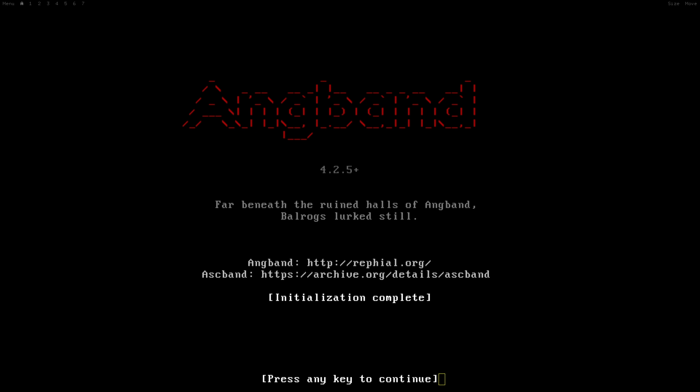Hello, this is Angband. It's the version that I compiled with a few tweaks of my own to make it look like a sort of DOS VGA style affair, which I called this little customized version Ascband, and you can get it from archive.org at the URL you see there in the lower half of the screen. You can get regular Angband at the official Angband site at rephial.org, which is also listed there as a URL. Anyway, let's go ahead and